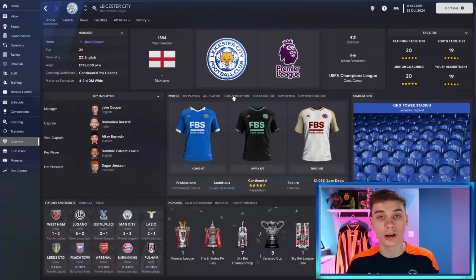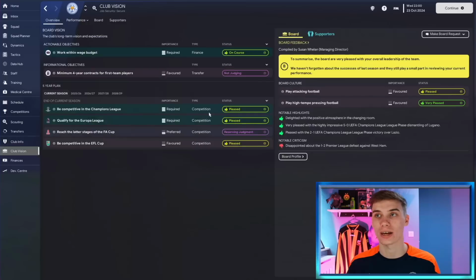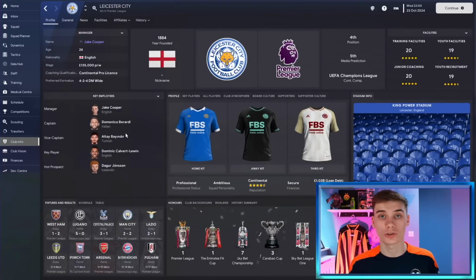If you're quite a beginner and you don't know how to do this, it's the club vision section. You make a board request and it will be under the facilities section. If there is the ability to improve the training facilities, you'll click that. The board will then say yes or no. If they say no, you might have a chance to convince them. Most of the time it will get accepted if you've got some finances in the bank and your club is fairly ambitious. Otherwise, you might have to convince them, but these facilities will help everyone, not just your younger players,